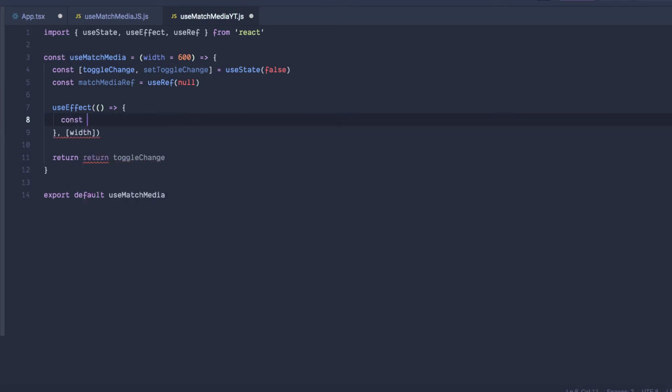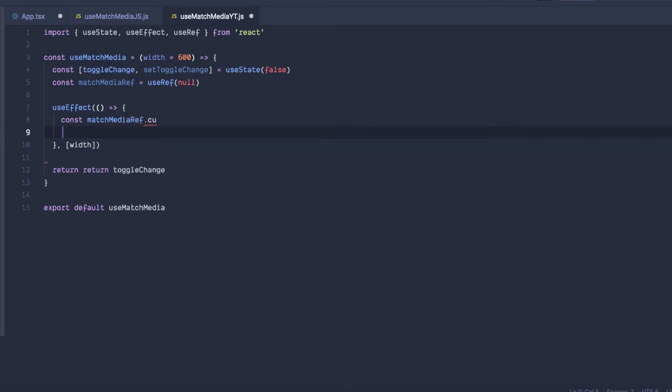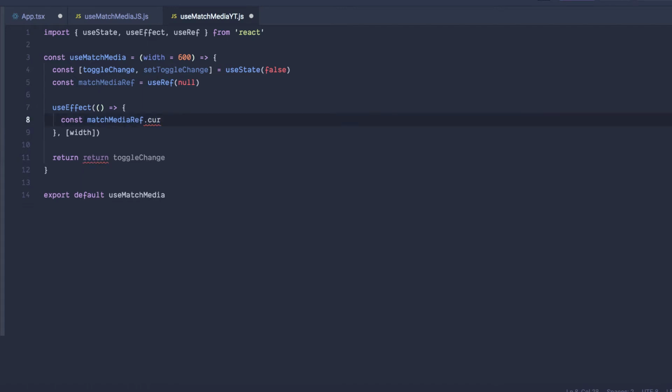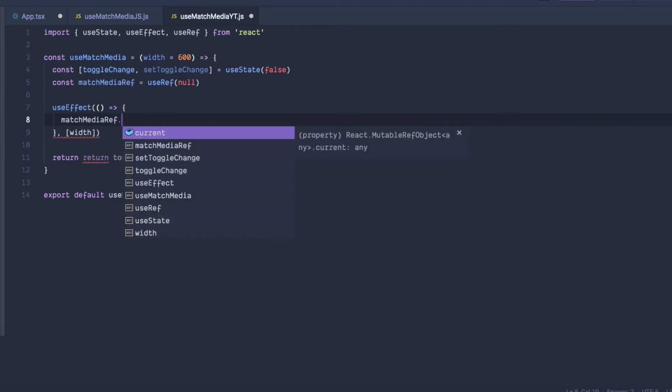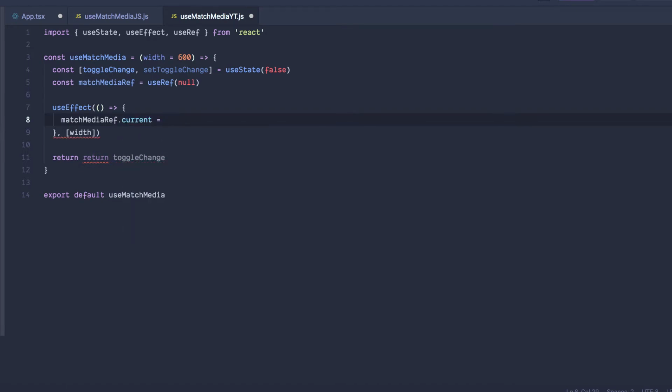So the first thing I do is set my ref here. So let me go matchMedia ref dot current, whoops, dot current. I'm not sure why, oh, I know why. Because I need to set the actual label for that first. Actually, I don't even need to set the label, I can just go right for it. matchMediaRef.current is equal to window dot